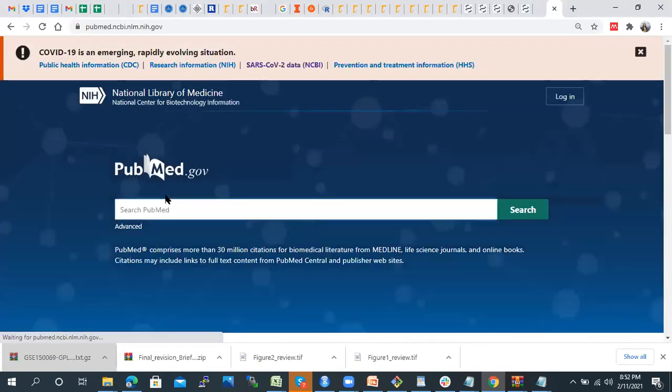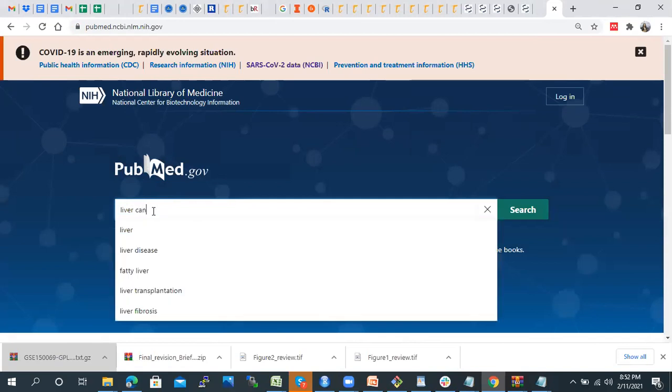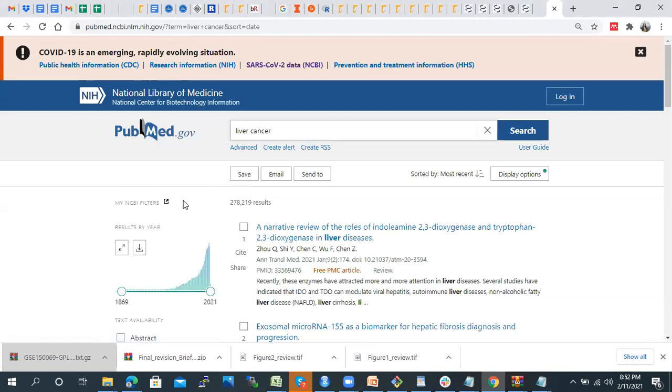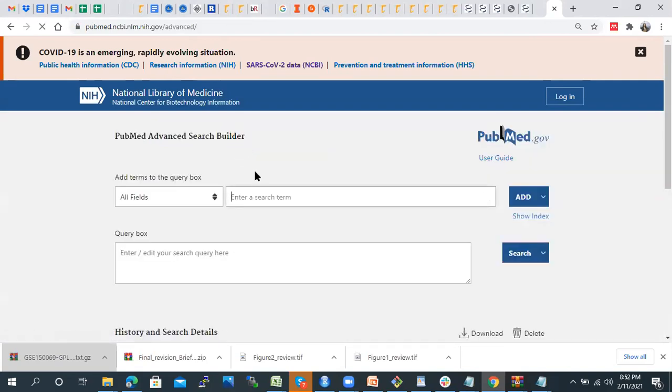So whenever you have any journal research interest, for example, I'm just typing liver cancer, right? So how do you make a query? You just go to the search and type. Another important thing is that you can create a specific query. For example, if you just click on the advanced option,